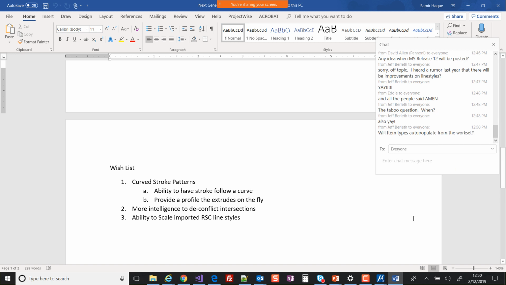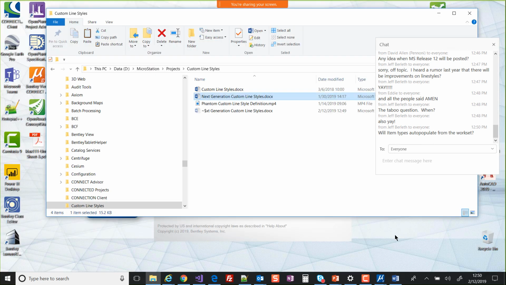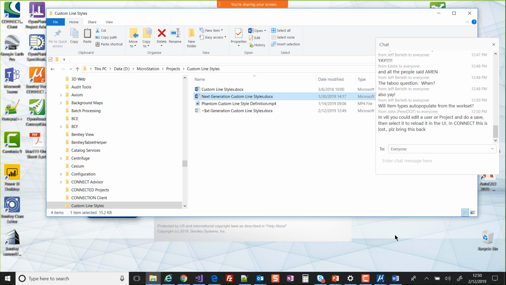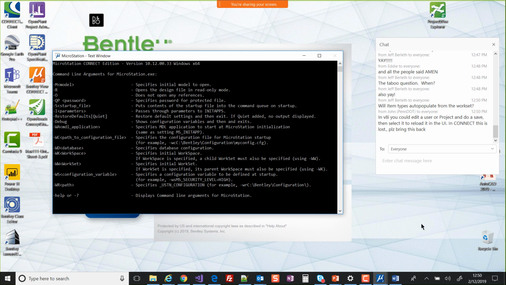I've kind of done a quick mock-up of what the interface looks like, but that's going to get changed like 17 times. So there's no point in looking at that at the moment. But nonetheless, if you've got ideas on what you'd like to see in the custom line styles dialog, things that are missing, things you'd like, please send them